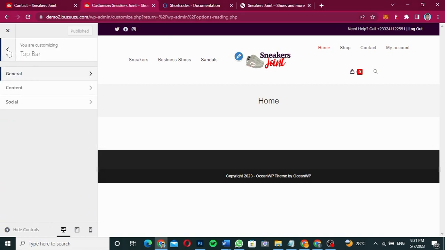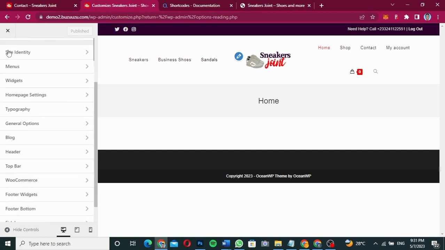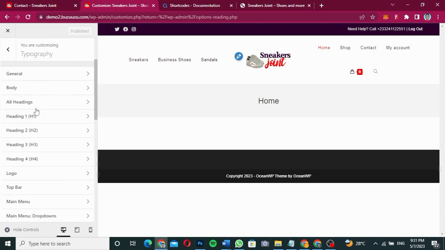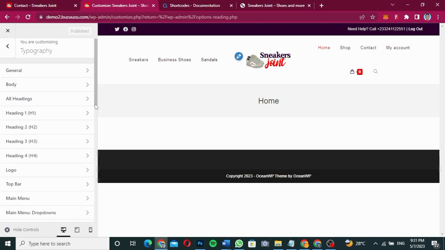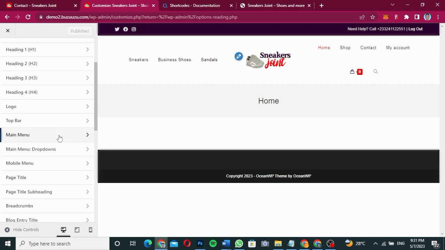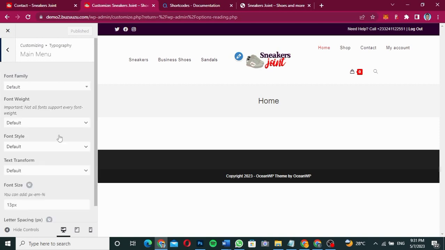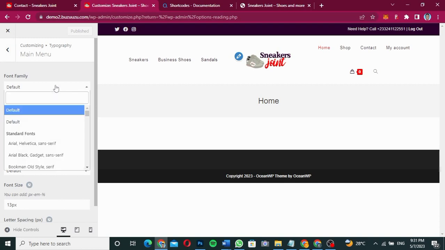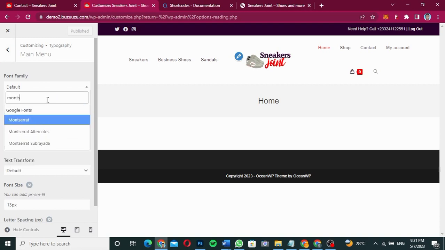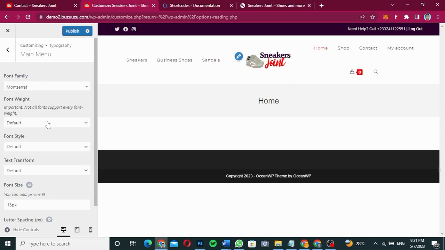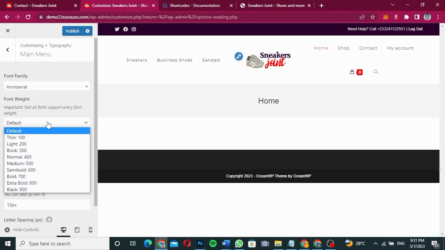So what we need to do is just do some styling about the text. Okay, so what I'm going to do is check the typography settings. So I'm going to go to typography over here, and first of all, I'm going to go to main menu. Okay, so with the main menu typography, what font size and all those things do you want to use? Now I'm going to use Montserrat for all my things, so I'm going to select Montserrat. Yes, and then with the weight, let me choose maybe 500,